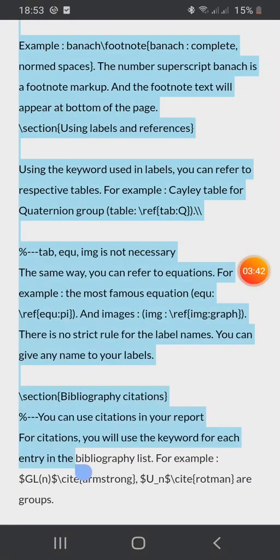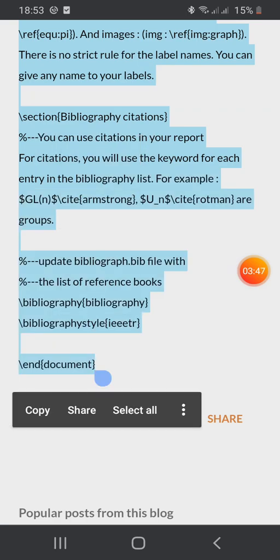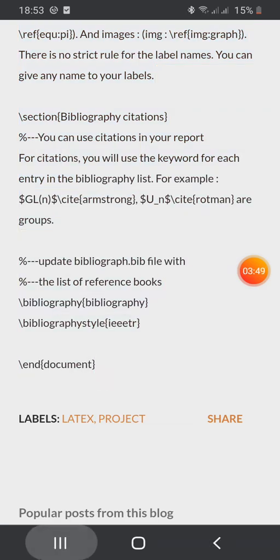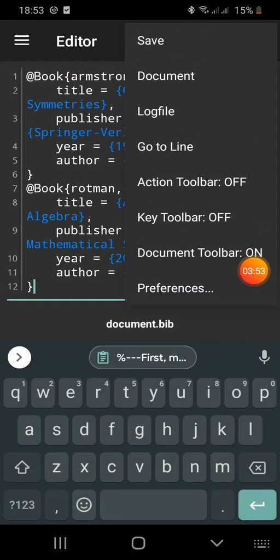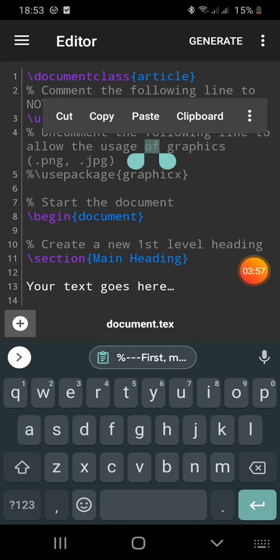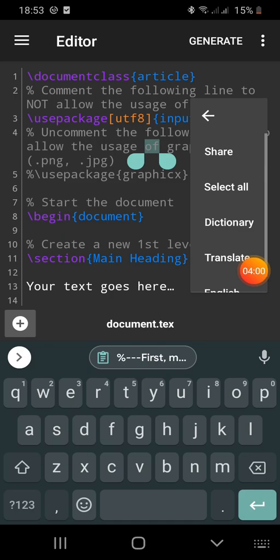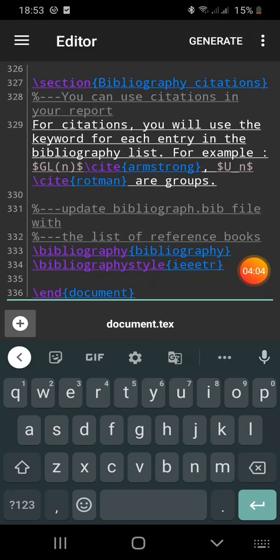So once you're almost done, I will copy till this end document. I will copy this. I will switch to WebTech, document, select all, delete, paste, save.